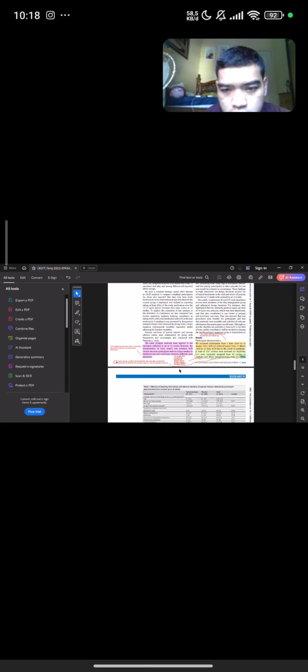And 13, for each group, the number randomly assigned. A total of 1,267 women were assessed for eligibility, and 413 were randomly assigned from 10 centers in England and Wales.